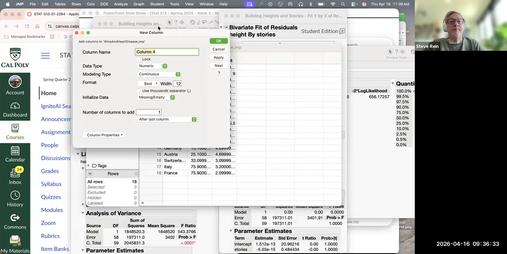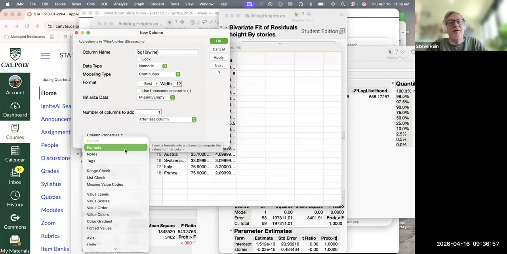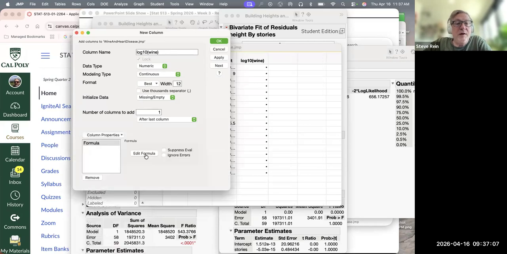I'm going to create a new column, and I'm going to go with the log 10 of the wine consumption. Now, why log 10? It wouldn't matter if I used a natural log or log base 10. I just like to go with log base 10 of things that I am familiar with being scalable in the log base 10 fashion. Natural log is more mathematically comfortable for a lot of mathematicians, but depending on the context, there might be a natural way that people do it, so just go with what other people in your discipline do. It's all good. So I'm going to go with log base 10.